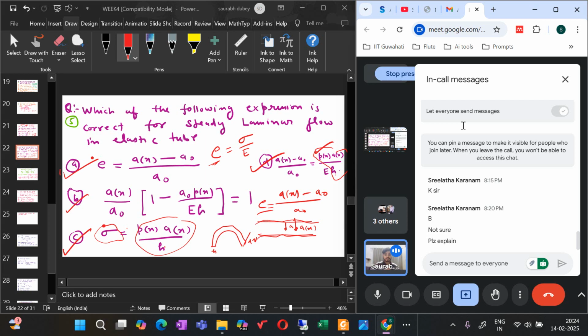So volumetric flow rate is actually fixing up the pressure, and then this pressure is depending on this deformation, and the deformation is also related to this hoop stress. So the entire thing is getting coupled. So in parallel, in order to solve the steady laminar flow in the elastic tubes, we are actually looking at